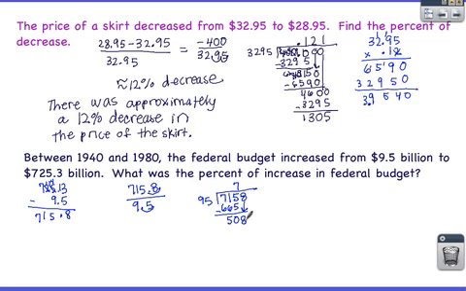Bring down the 8, 95 goes into 508 5 times, which equals 475. And when you subtract,